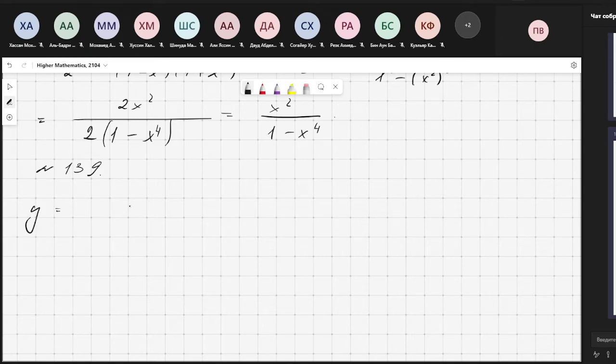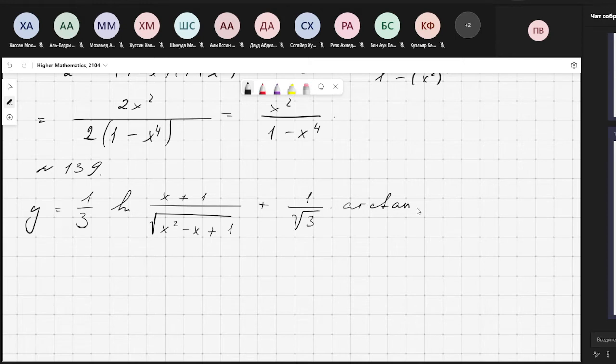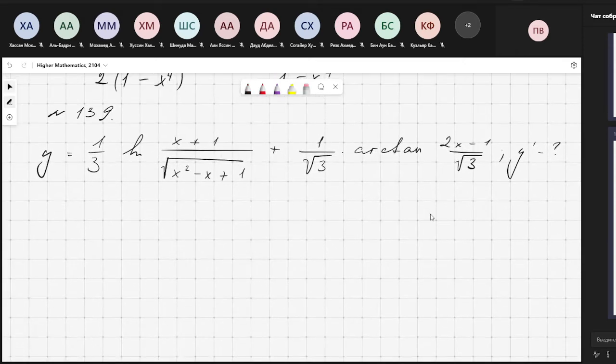y is 1 over 3 times natural logarithm of x plus 1 over square root of x squared minus x plus 1 plus 1 over square root of 3 times arctangent of 2x minus 1 over square root of 3. Find y prime. Maybe firstly I